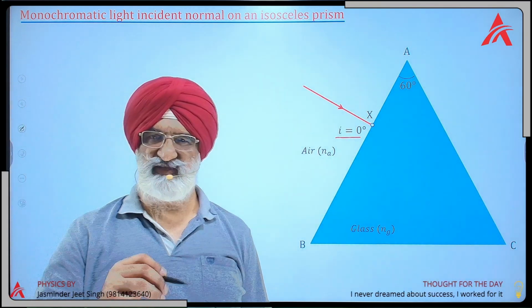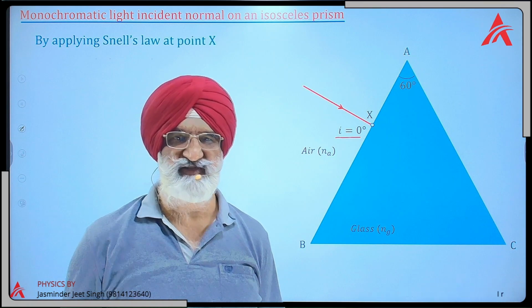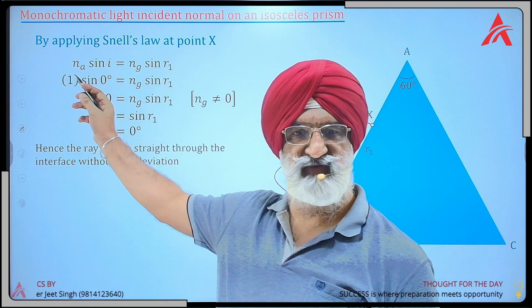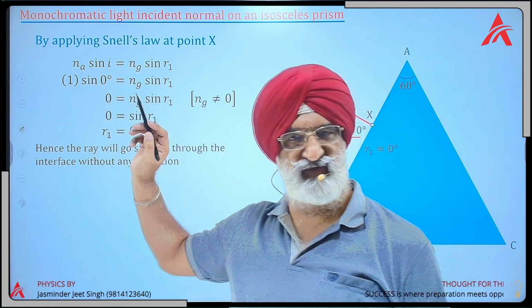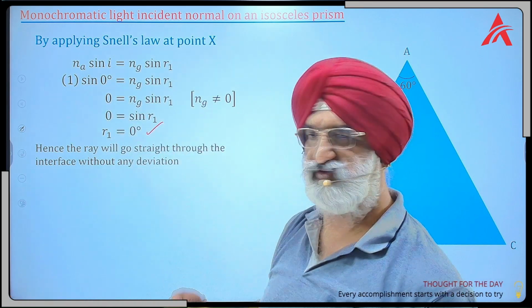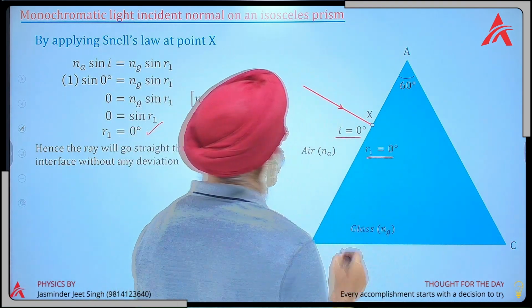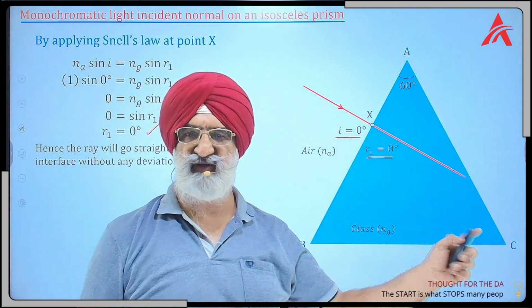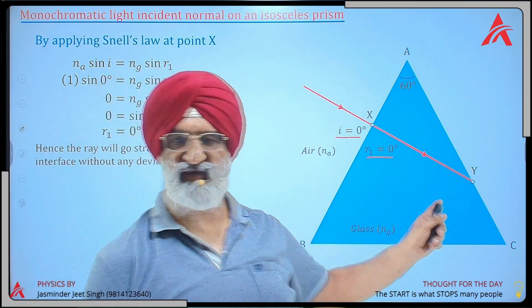At the point X, since light is trying to go from air to glass, we can apply Snell's law at the point X. Here we can put the value for refractive index of air equal to 1 and the value for i equal to 0 degrees. We will be getting the value for r1 equal to 0 degrees. Since i is equal to 0 and r1 is also equal to 0, it means that the ray will go straight, undeviated, through the prism at the point X and it will meet the other face at the point